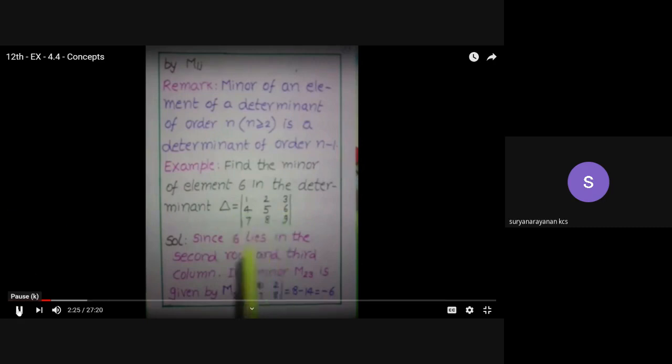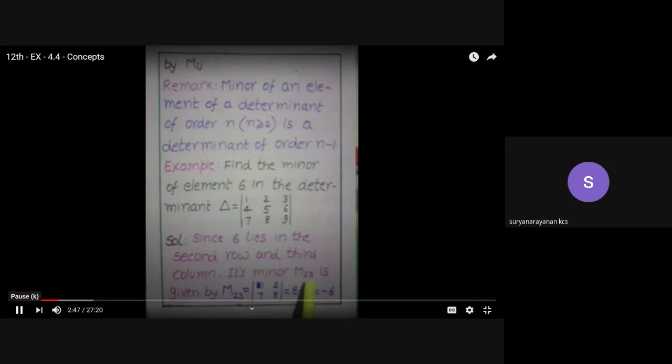Identify the position of the element 6 in this determinant. What is the position of this element in the determinant? 2 by 3, second row and third column element. This is the position of the element. Since 6 lies in the second row and third column, its minor is denoted by M23, and is given by M23